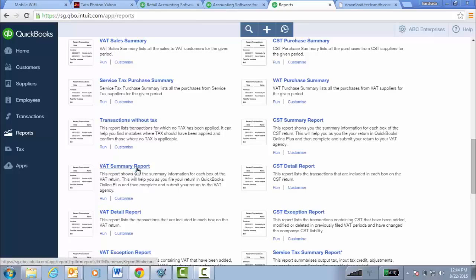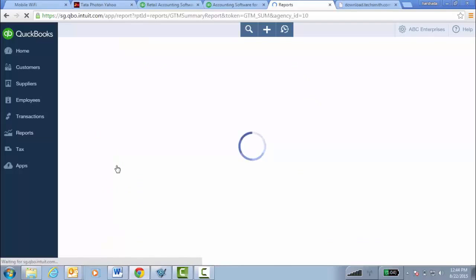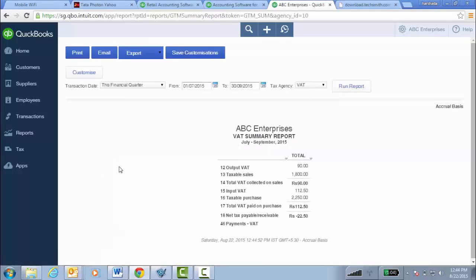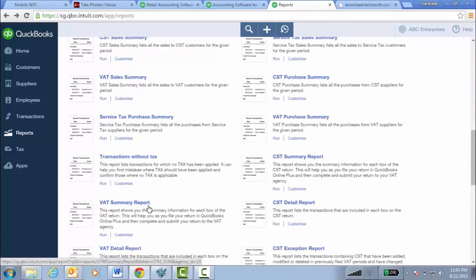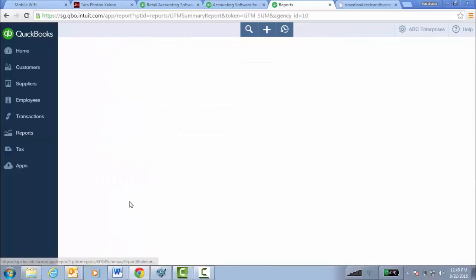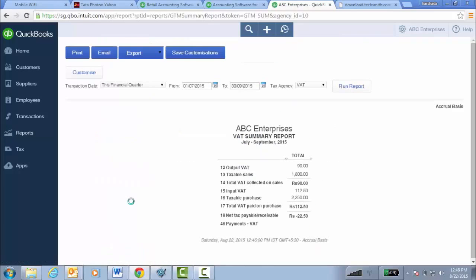For example, I am clicking on this VAT summary report, wherein you will get your liability or net payable or receivable amount.